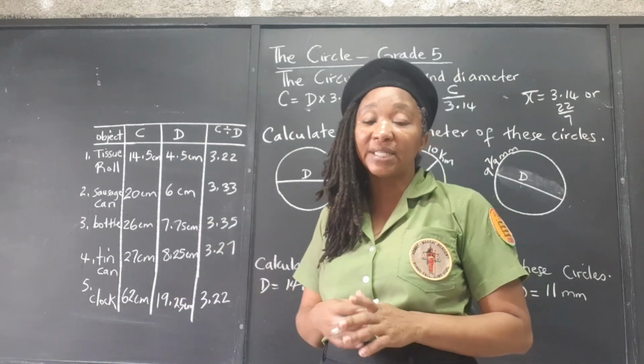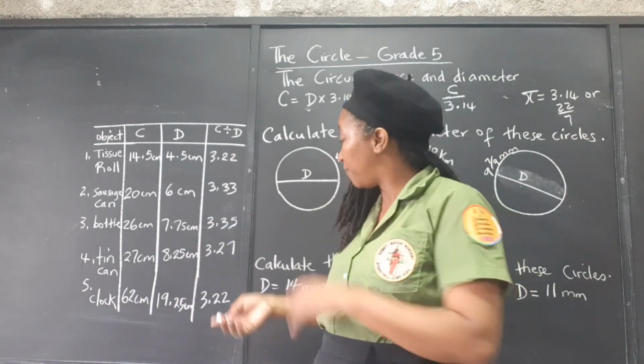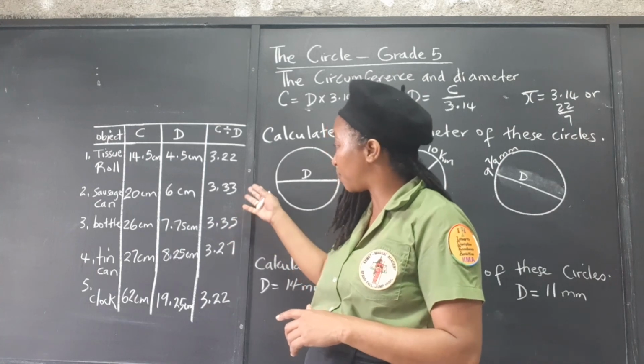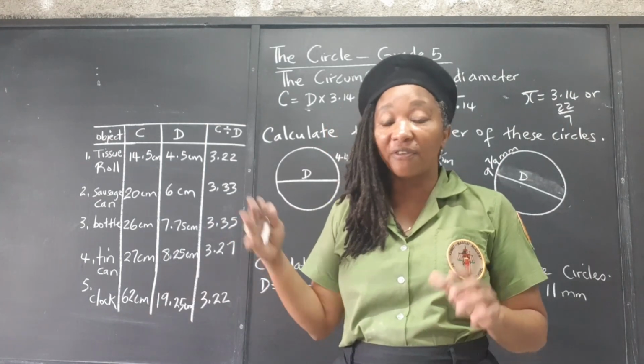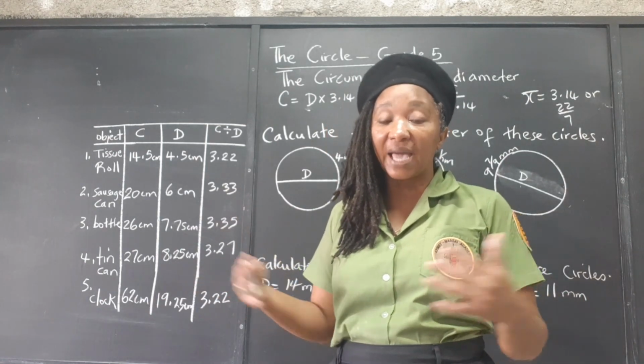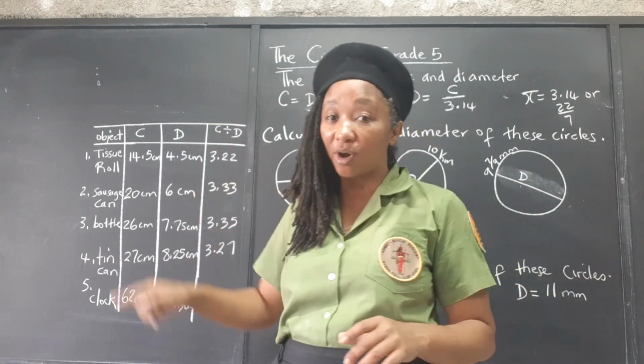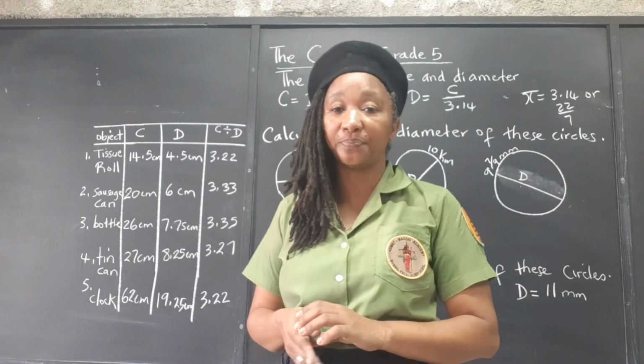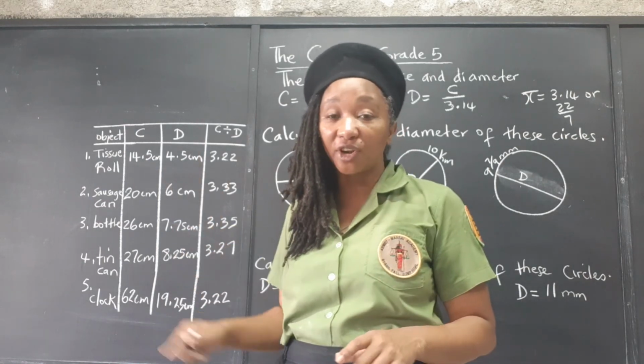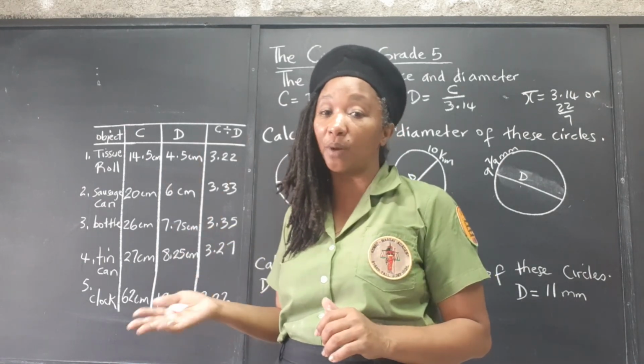The circumference of any circle is roughly 3.2 something, 3.3, times bigger than the diameter. The distance around any circle is roughly 3.2 something,